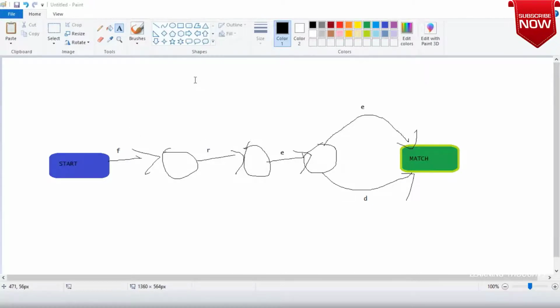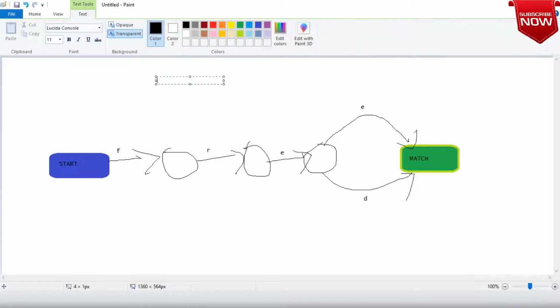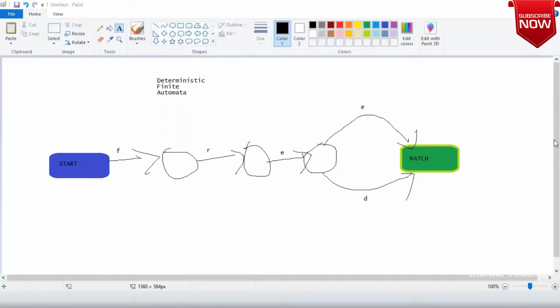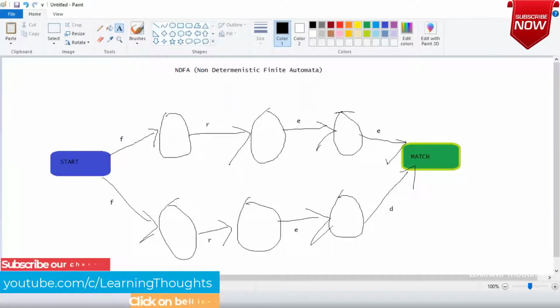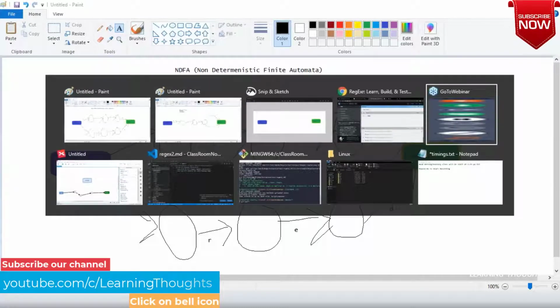Right. So this is called, in here, there is no confusion. Deterministic finite automata. It is written as DFA. Am I clear on this? So for the same regular expression, we can implement in these two fashions. Okay, right? So first one was very simple.